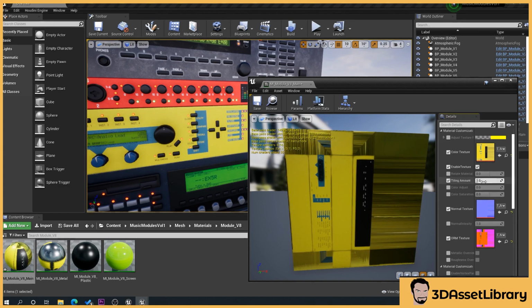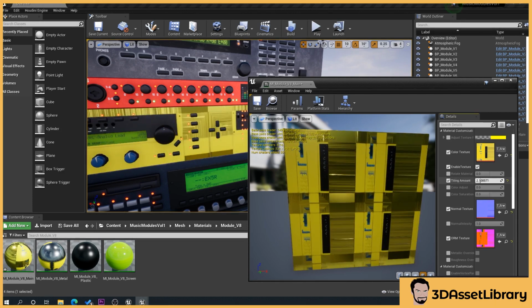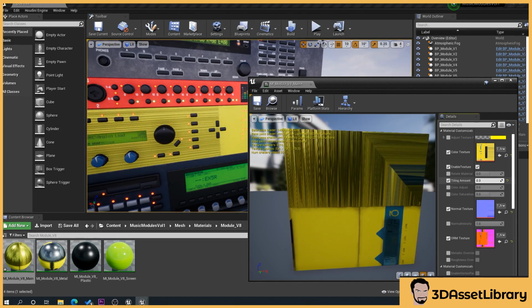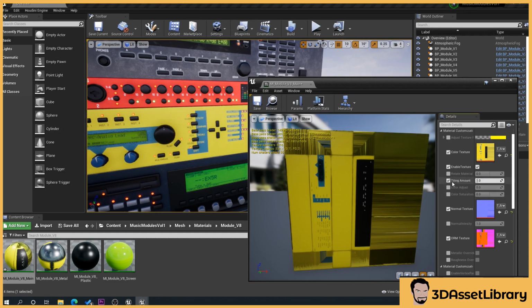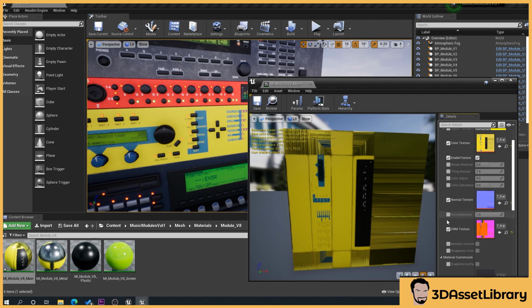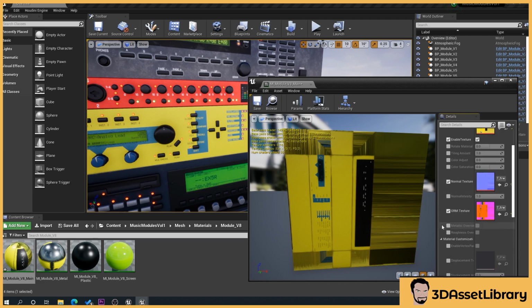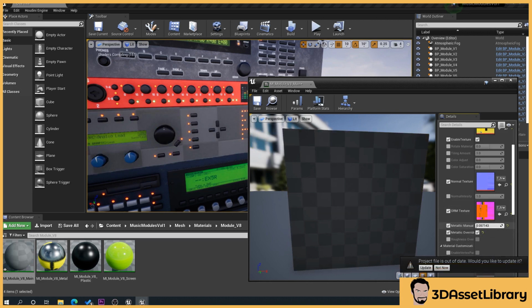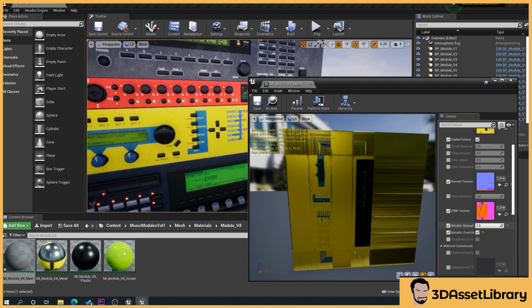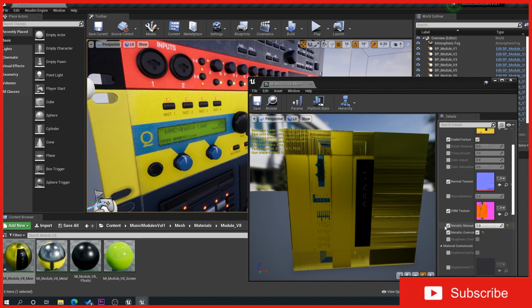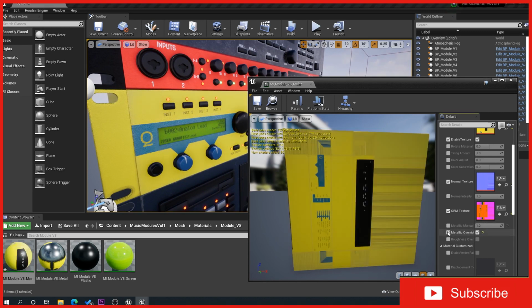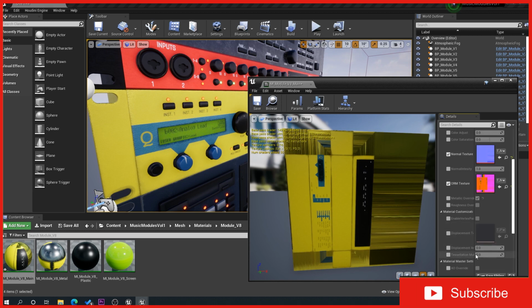Tiling amount, I've done one there where, again, with tiling materials, if it was too, say that fabric we were using, if it was too chunky, we can make it smaller, we can make it bigger. This goes on and on. I've got things here to adjust how aggressive the normal intensity is, and a metallic override, so I can override this texture by making it really metallic, and it's got that sort of metally look. There we go, gives you an example. Yeah, so this just goes on and on. Got one for tessellation, etc.